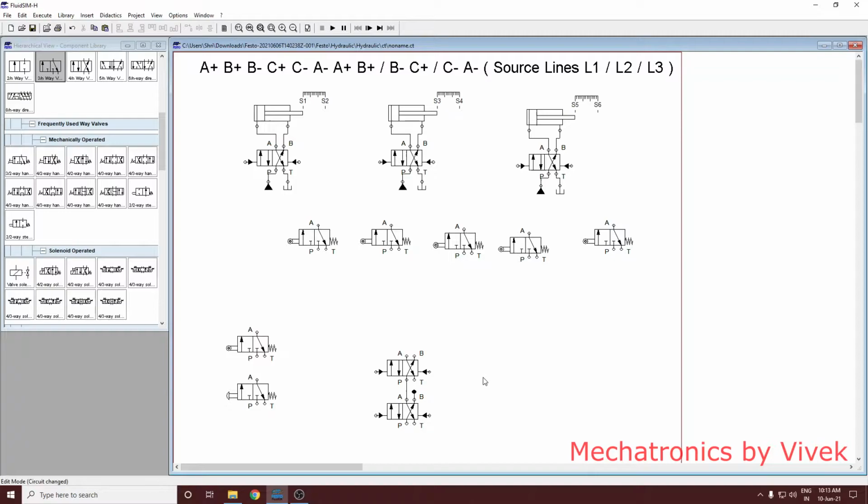Okay, so basically if you are developing a logic for sequence circuit, you know what all is required. You need energy supply elements, which are pumps and tanks. Pumps mainly, tank is for draining purpose. Okay, you can as well use power pack, but power pack will take a lot of space here. That is why you can just make use of simple pump, which is available in the library of Fluid Sim H. So we have used pump here and tank here. Okay, pump is energy supply unit and tank is for draining the oil.